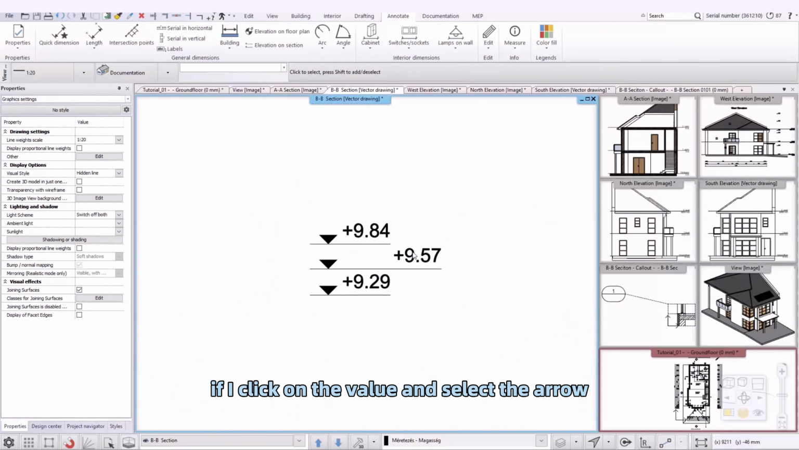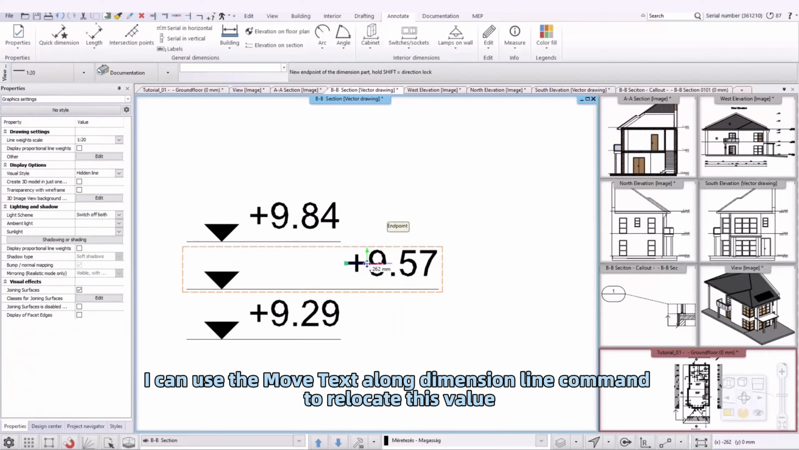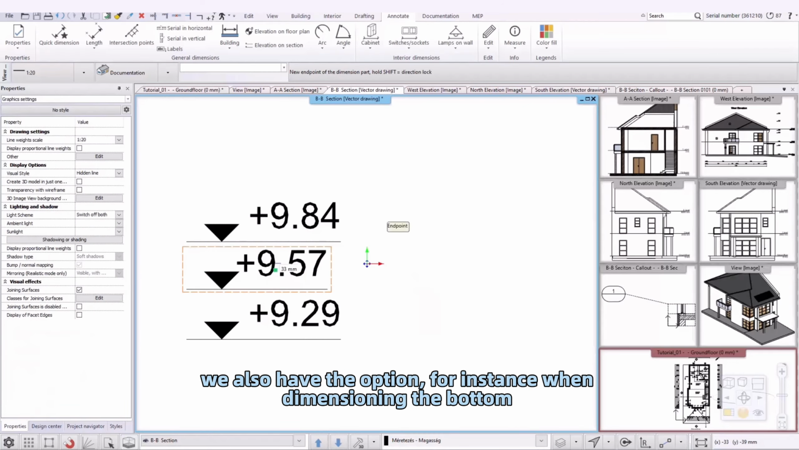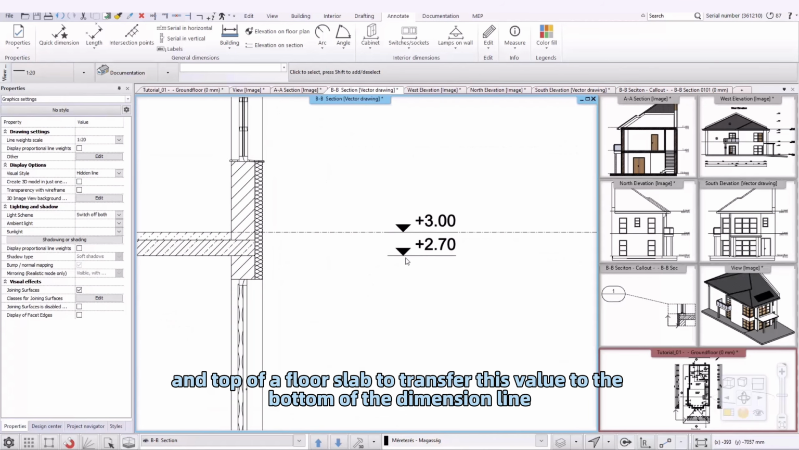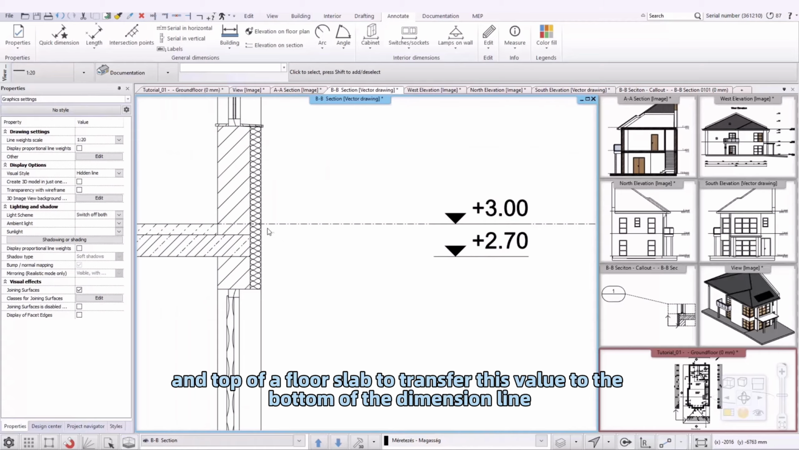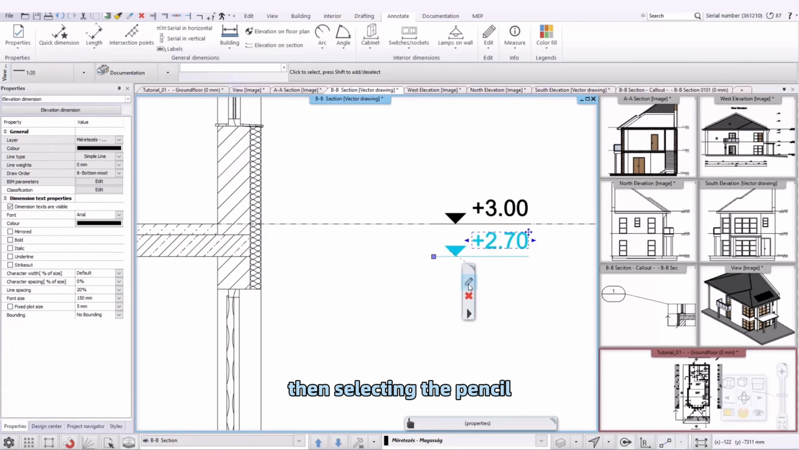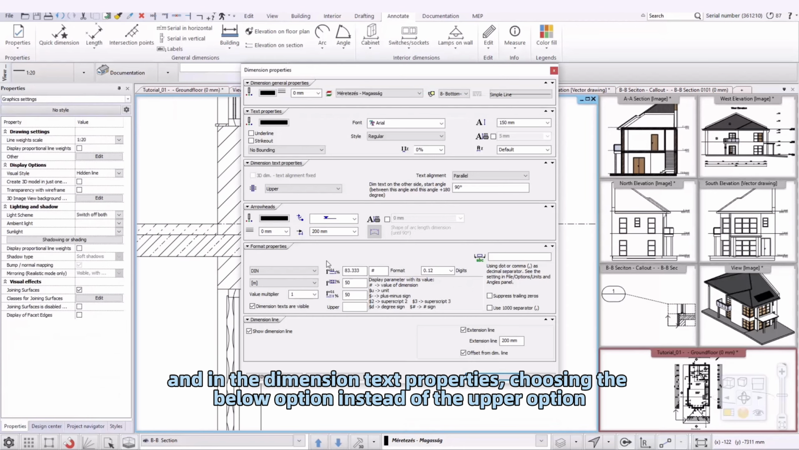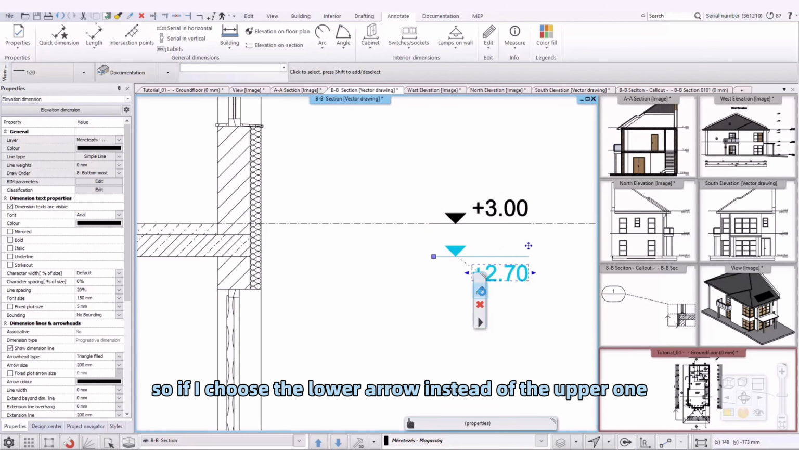If I click on the value and select the arrow, I can use the Move Text Along Dimension Line command to relocate this value. We also have the option, for instance, when dimensioning the bottom and top of floor slab, to transfer this value to the bottom of the dimension line. I can do this by clicking on the value, then selecting the pencil, and in the dimension text properties, choosing the below option instead of the upper option. There's also an option to flip the arrow. So if I choose the lower arrow instead of the upper one,